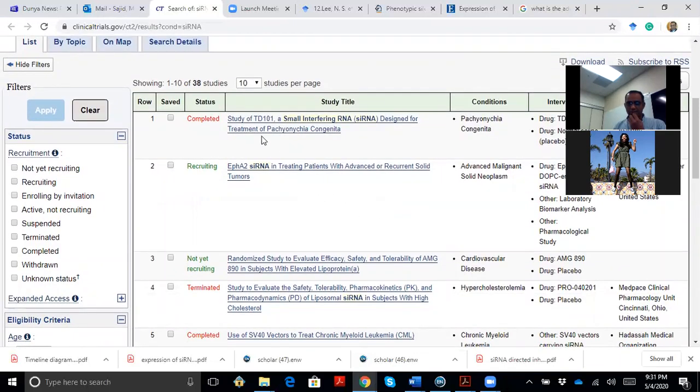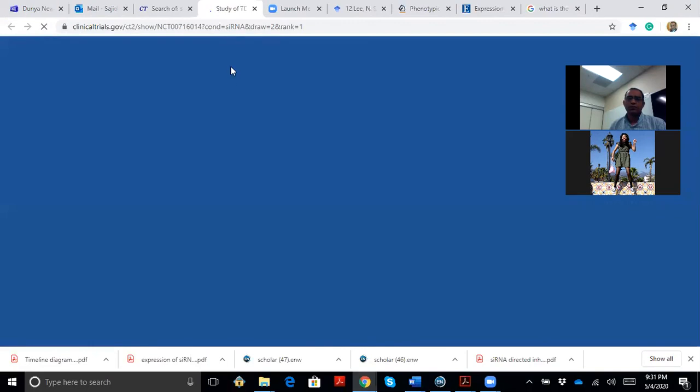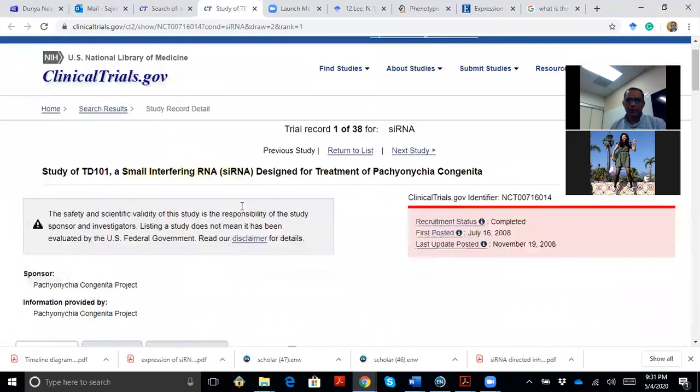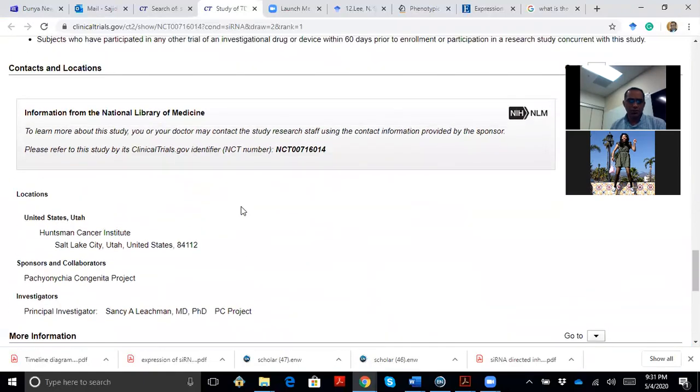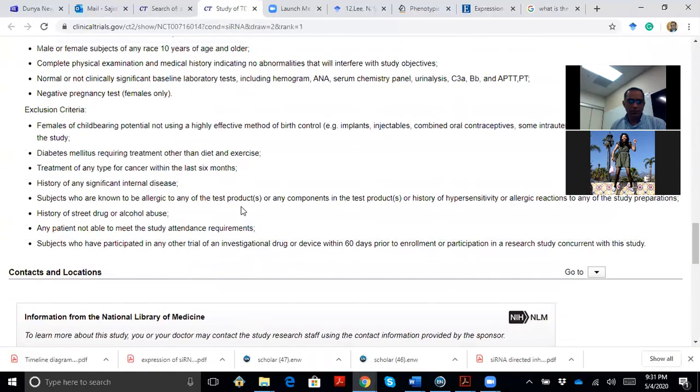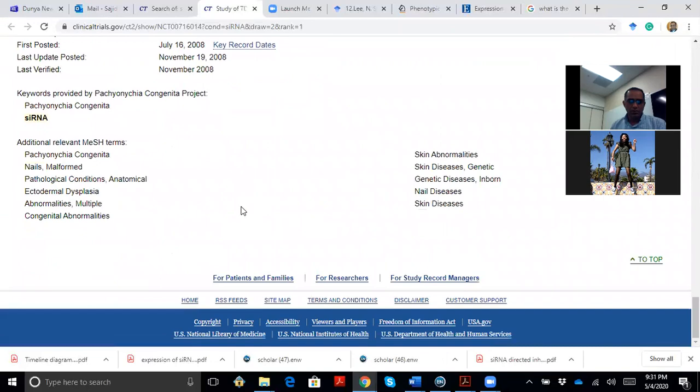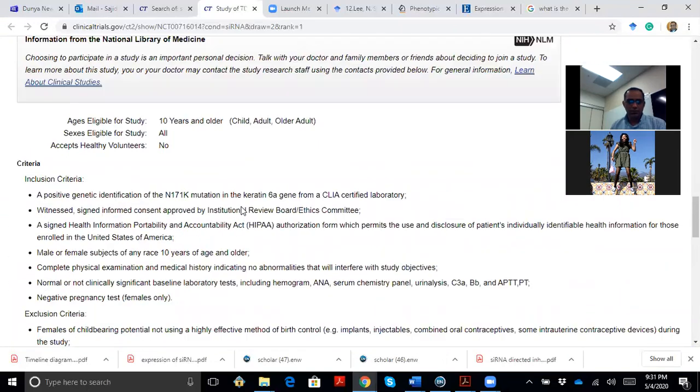For instance, this is a study of TD101, an siRNA designed for the treatment of a disease called pachyonychia congenita. This is completed, so what is the finding of this study? You go here, and the important thing is the references. There should be some references down below. Where are the references?